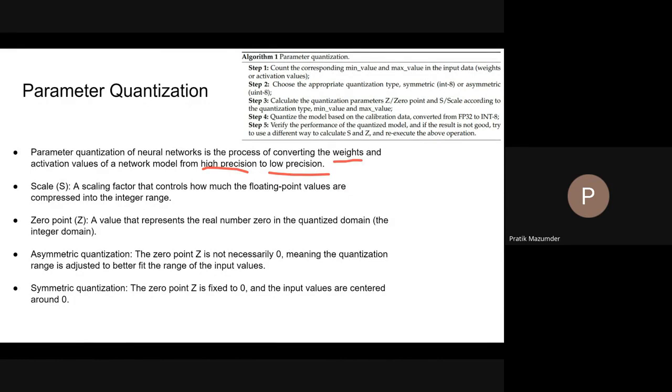So some terms that will come in handy for quantization: we can have a scaling factor. We'll look at a very basic way of parameter quantization. There are more complicated approaches, we are not going into that. So you have a scaling factor, which we'll see how to compute, that controls